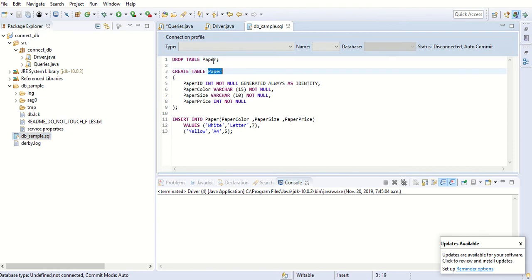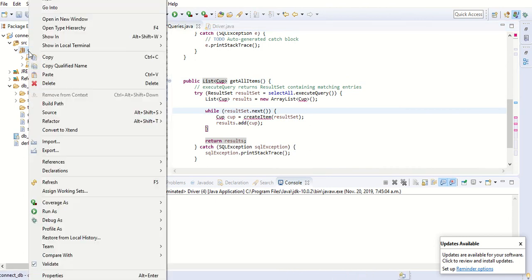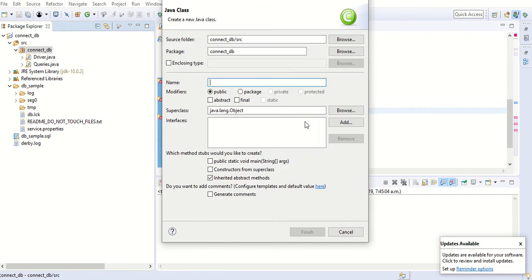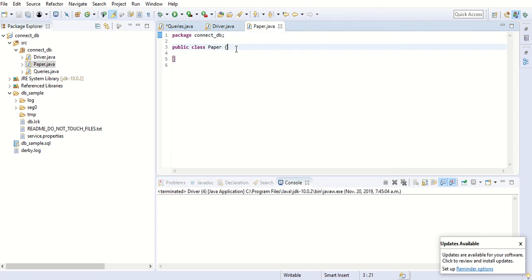Yes, so the table name is paper. So we need to create a model class that we can store all the data related to each entry in the database. So paper,